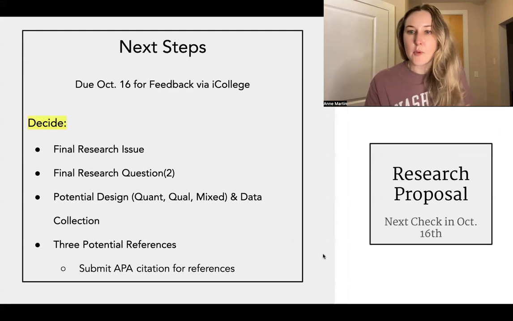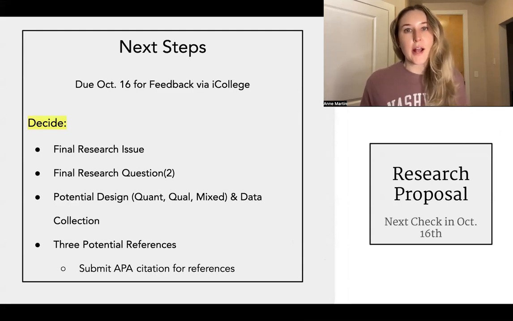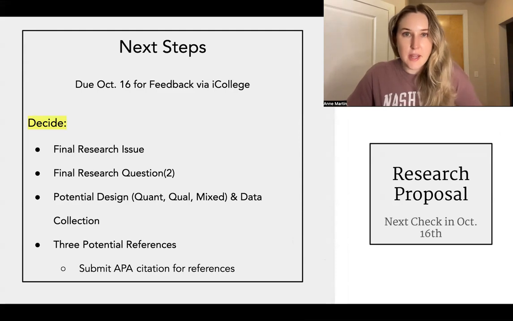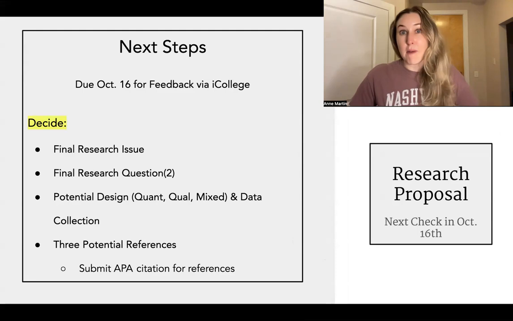The research proposal. So as we continue to progress, hopefully the past few weeks have been helpful for you to think about how you might choose your participants, how many participants you might need, what type of design or methods you might use to choose the participants.